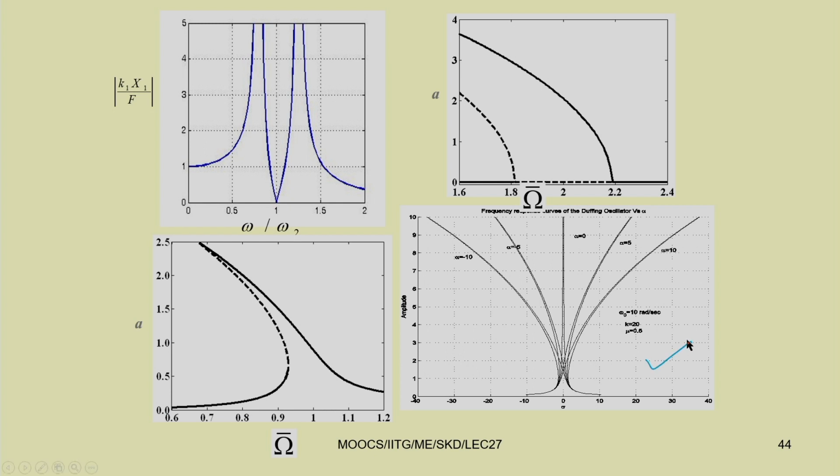So, this is for the Duffing equation with cubic nonlinearity, and that equation can be written in this form: x double dot plus omega n square x plus 2 zeta omega n x dot is equal to f sin omega t, or k sin omega t. It is written k sin omega t. So, this form you can write.